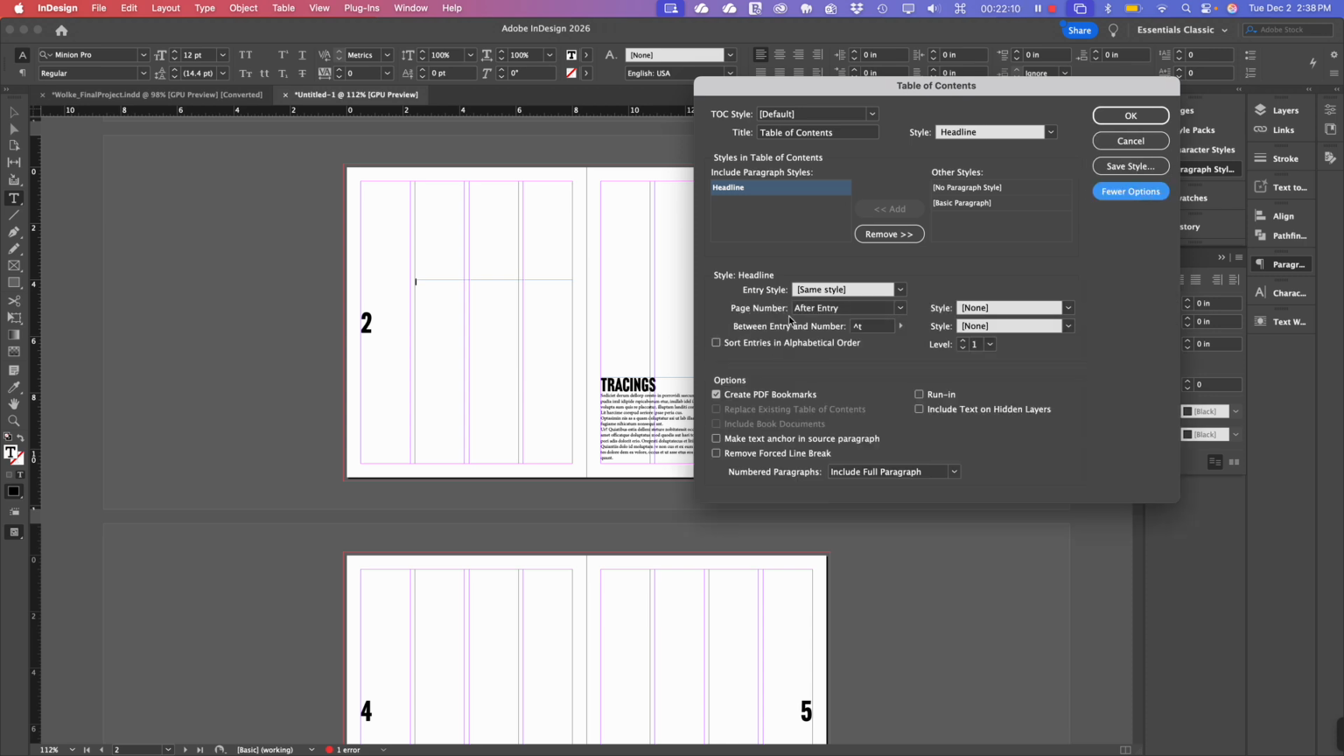So we can put our page number before the entry, or we can put it after. Again, that's a design choice. Whichever way you want to do it, just know that you've got control over that. But that's pretty much all we've got to do. If I click OK now,